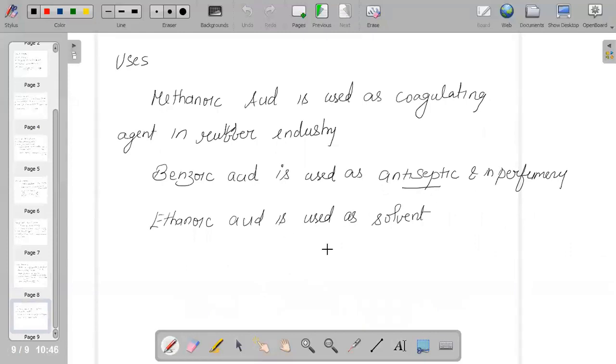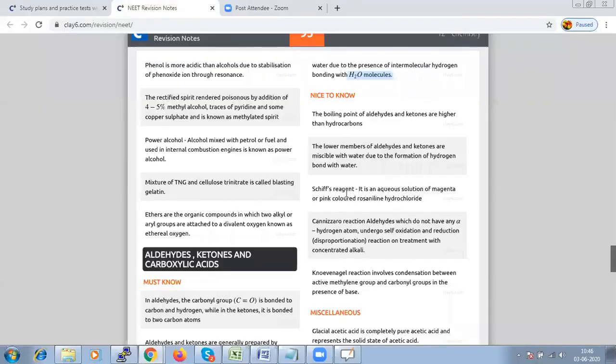Ethanoic acid is used as a solvent and also in cooking, because we are using it as vinegar. So there are different applications of carboxylic acid, and there are different reagents. Suppose I say Schiff's reagent, it is nothing but an aqueous solution of magenta or pink colored rosaniline hydrochloride. And when we are talking about certain important reactions, one important reaction is the Cannizzaro reaction, and